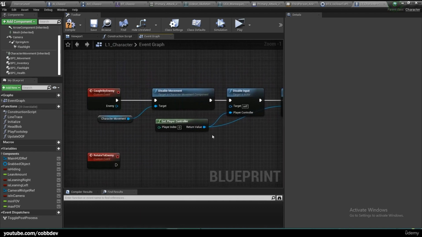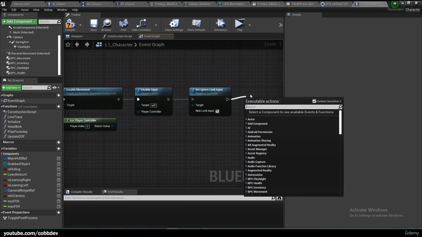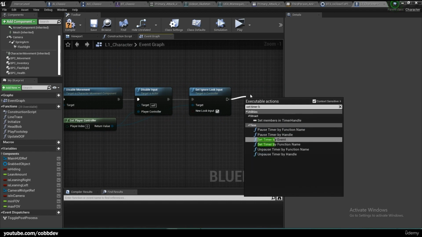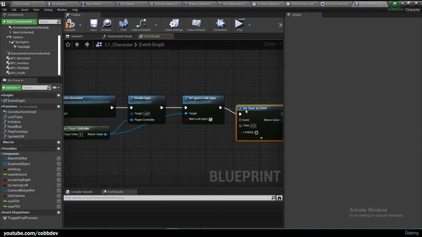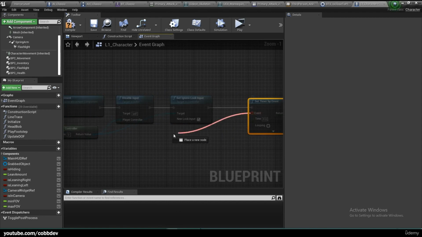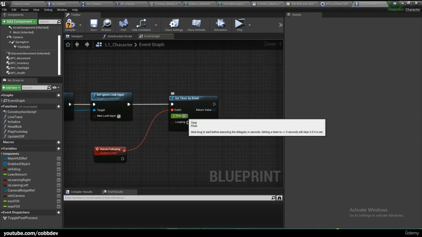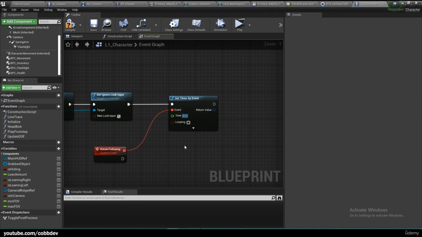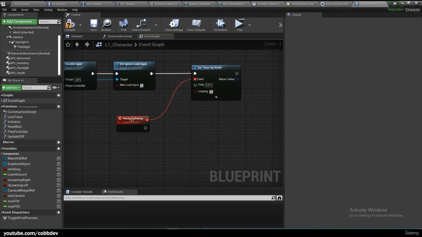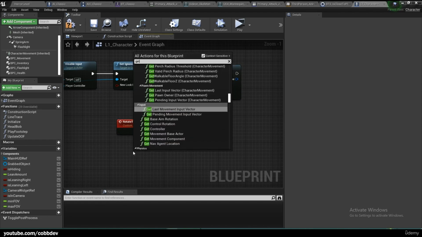So back here in caught by enemy, we will set timer by event, and the event we want is our rotate to enemy. We can set our time to something fairly low, like 0.01, and choose looping to true. And this is where we actually need to rotate our character to look at the enemy, so the enemy can attack us. We will get the player controller,